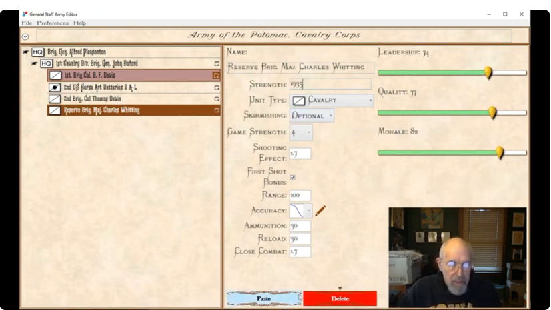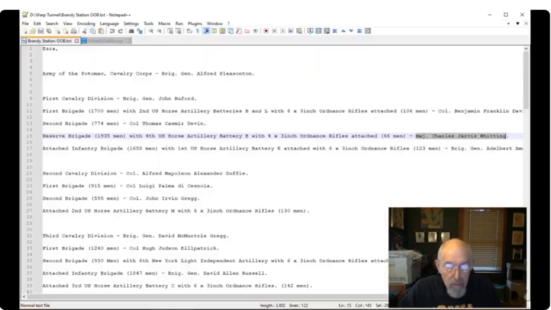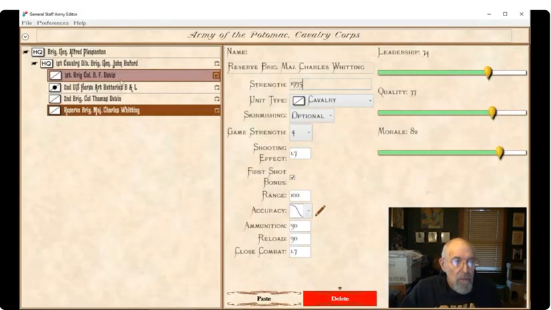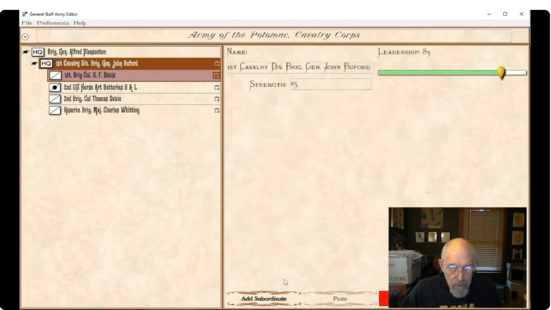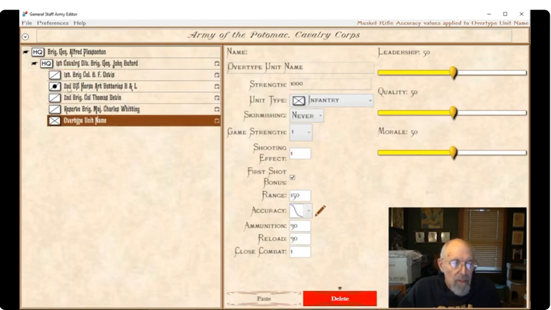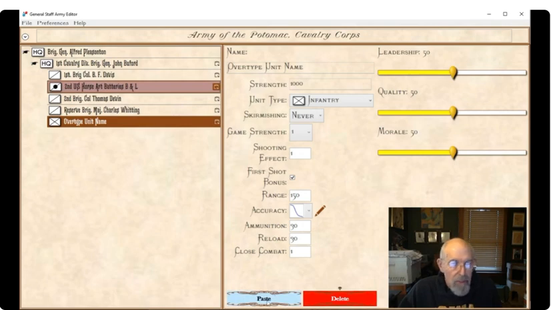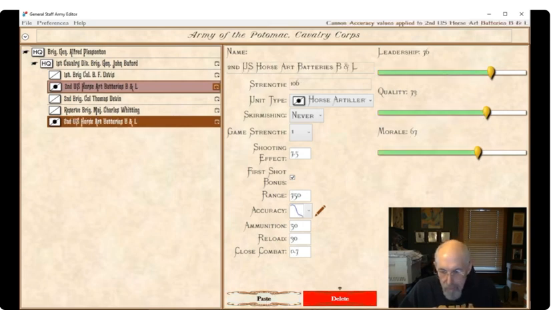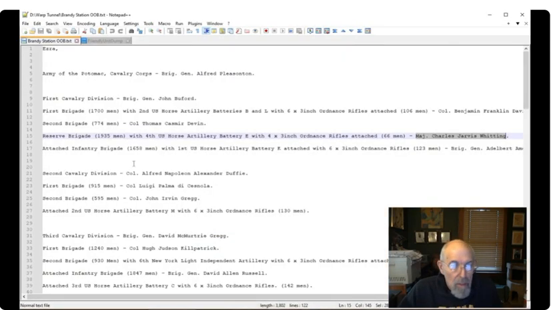And that's all there is to it. We got another artillery unit, right? Yep. So again, we'll just come up here, make another subordinate. This time, instead of using the infantry or the cavalry as a template, we'll be copying from this one, and we'll be pasting it in. And there it is. And Reserve Brigade.